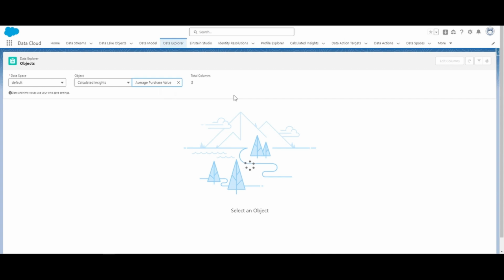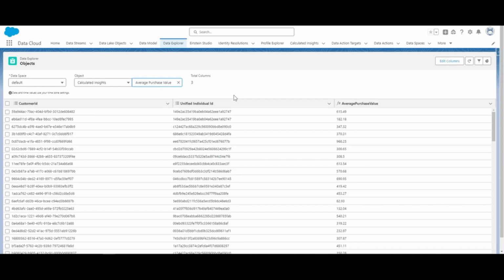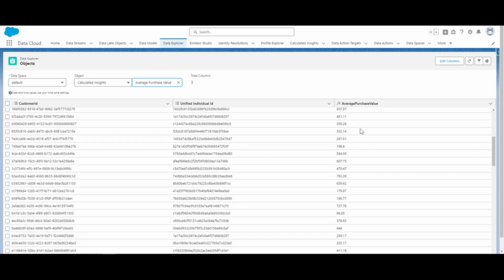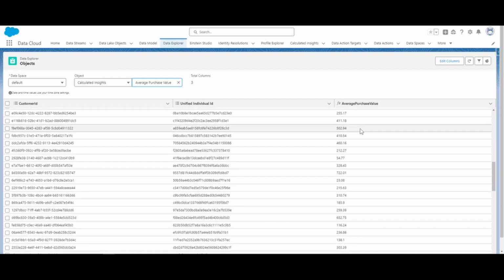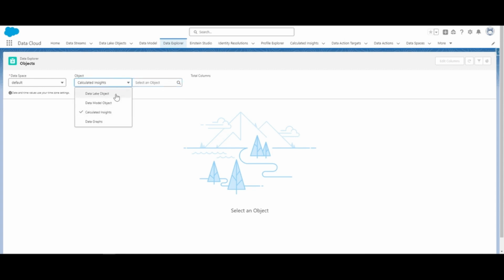So we're looking at average purchase value here, and we can see the different unified individuals, and we can see the different values. We can use this to validate if our calculated insights are working or not. And lastly,